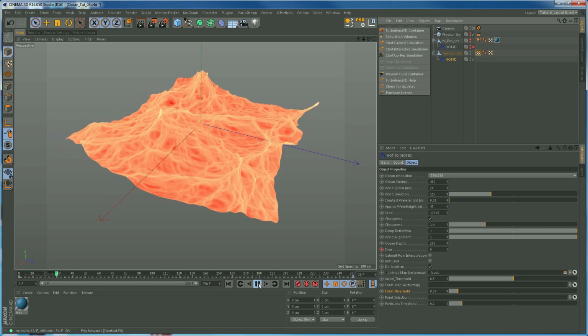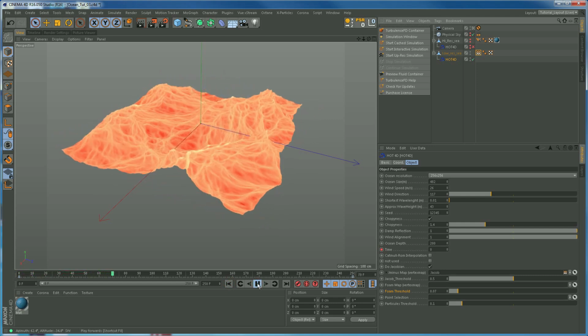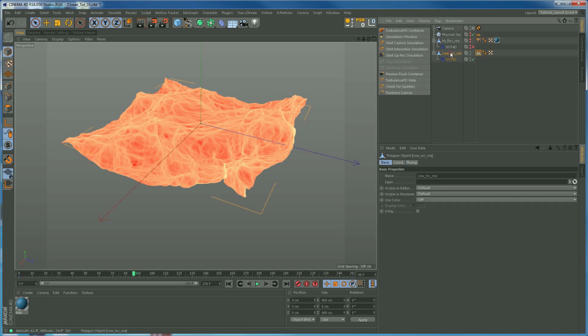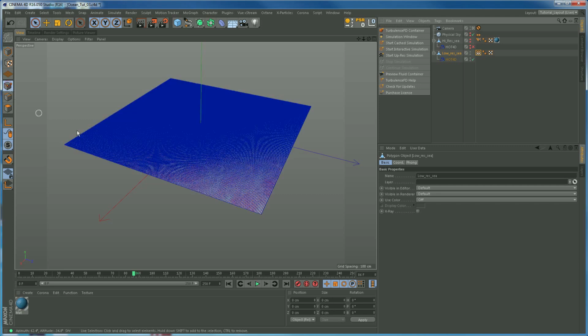And now our vertex map has this interesting pattern on it. Now what this pattern is, it is the fractal noise that we used to adjust the deformation of this plane, and it has now been used to paint what has become an animated vertex map, which is very, very cool. And if I just go back into point mode, which will flatten the deformation,